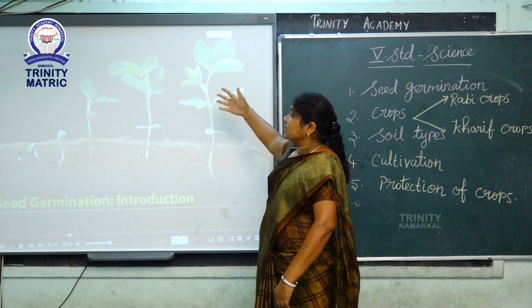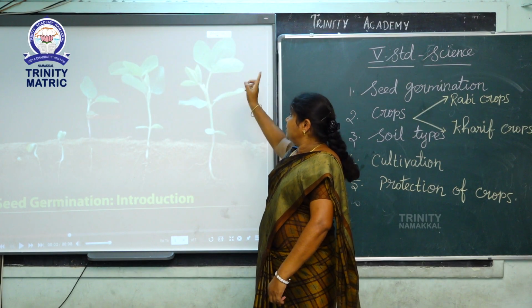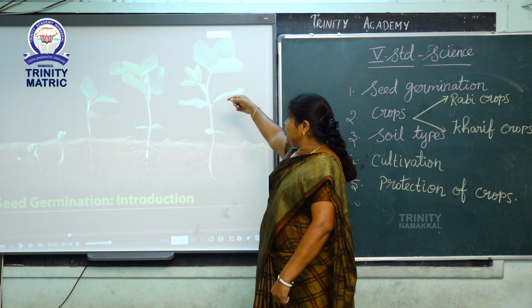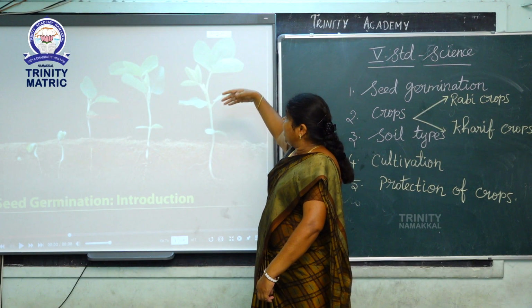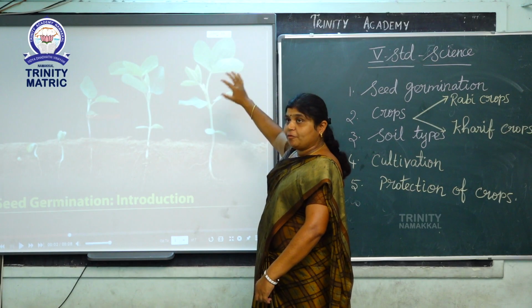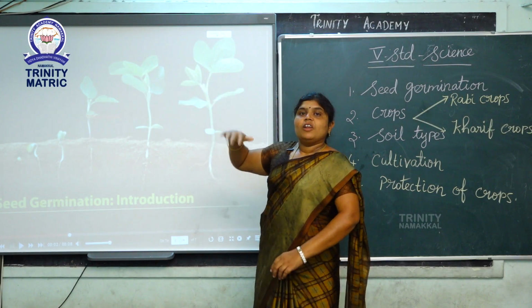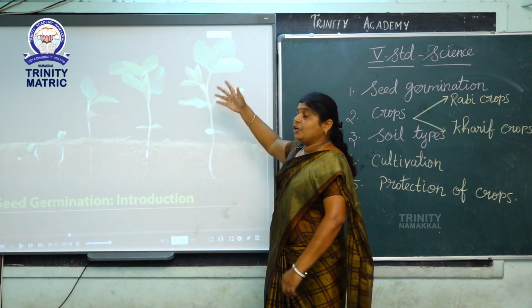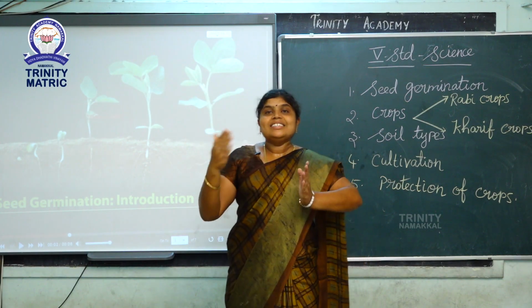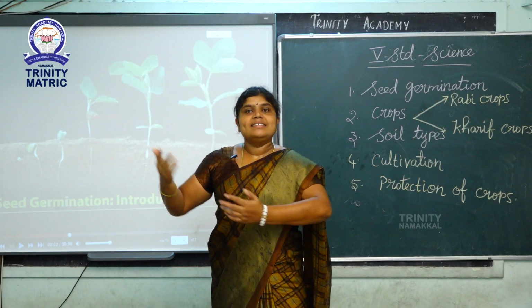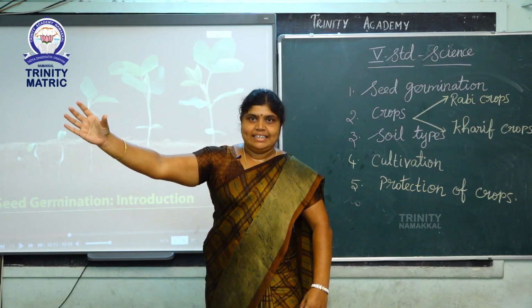After the new plant has developed, the stem produces branches, the branches have leaves, the leaves prepare food, and then the plant uses the food and produces flowers, flowers produce fruits, fruits produce seeds, and seeds produce a new plant. This is one life cycle. This is called the seed cycle.